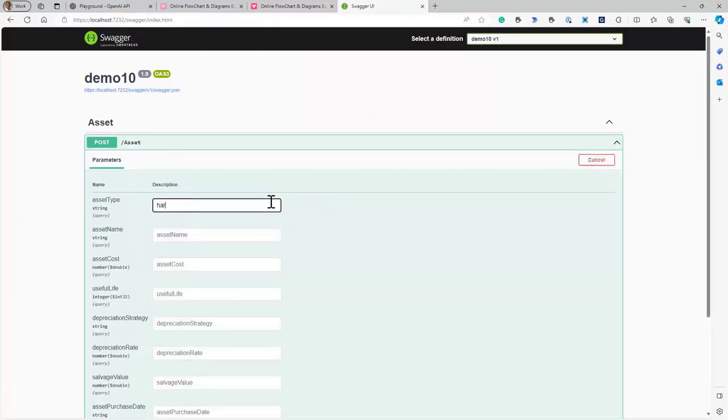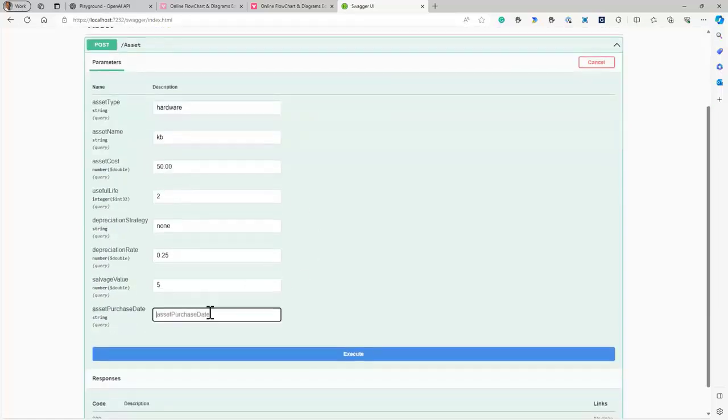So we're going to define an asset of type hardware. Let's say it's a keyboard. Let's say the value is $50 and the useful life is 2 years and no depreciation strategy. Let's put a dummy number for the depreciation rate. Let's say that the salvage value is $5 and it was purchased on 1/1/2023.